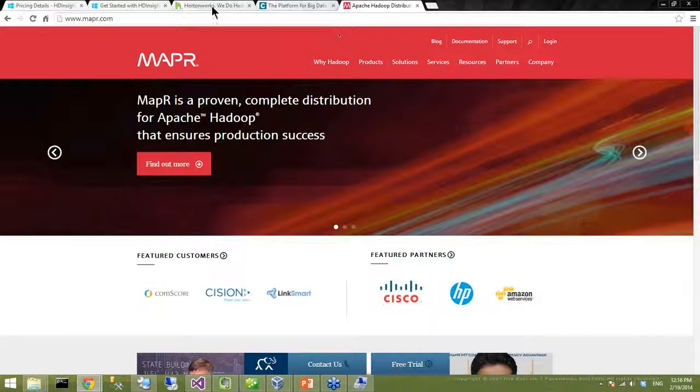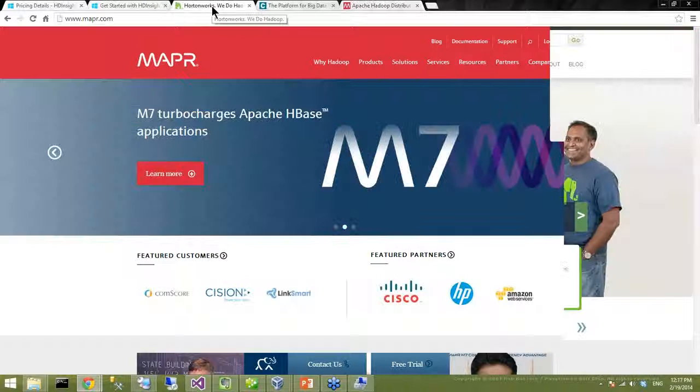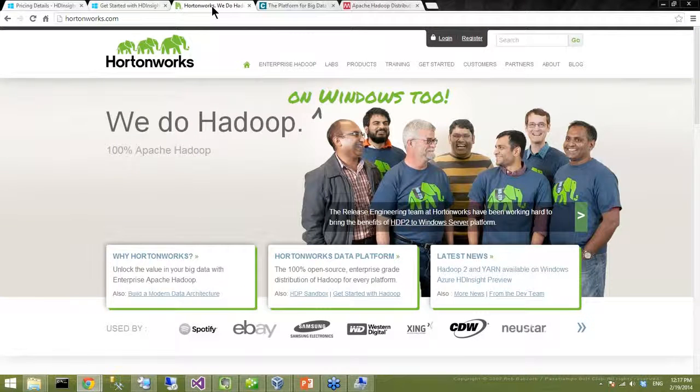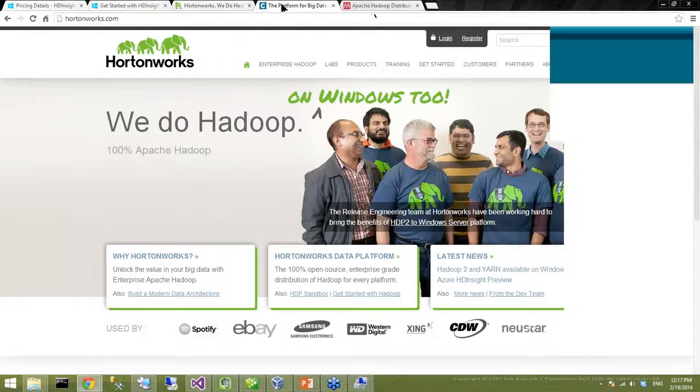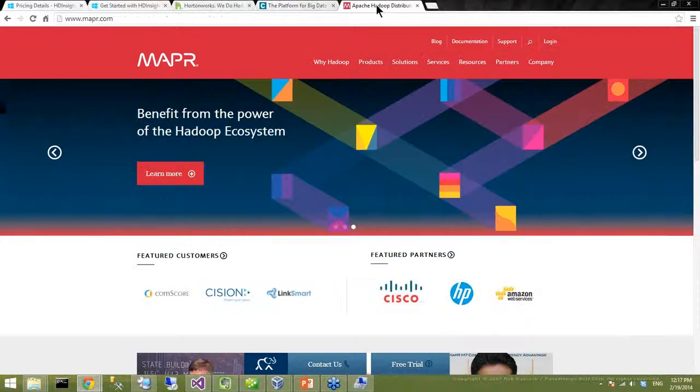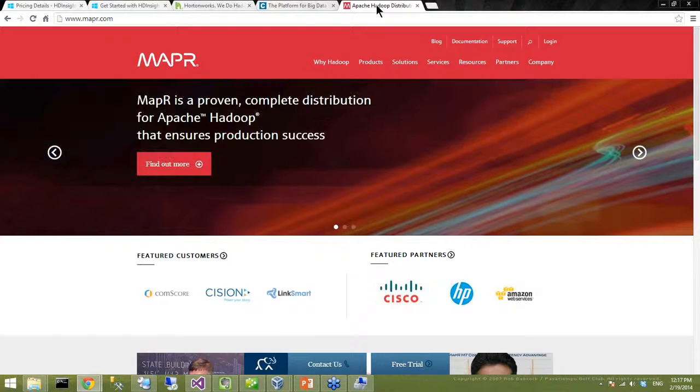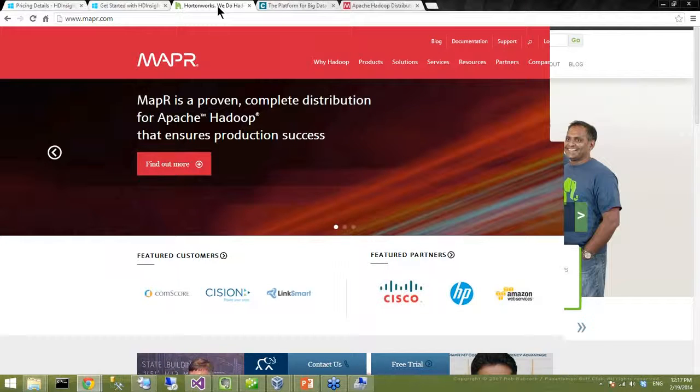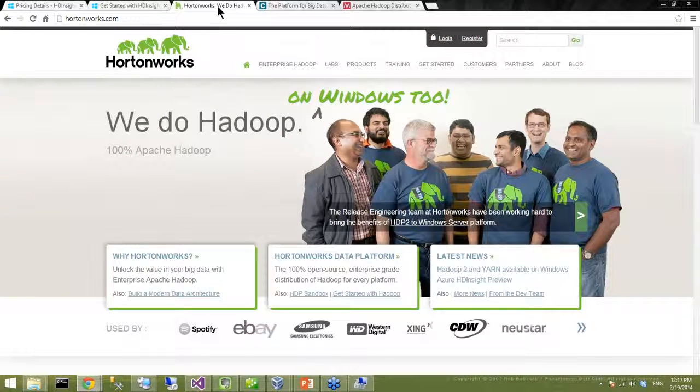Okay. So these are the three big guys, and most of the people who are using Hadoop are using one of these three distributions of Hadoop. Like Linux distros, right? Right. So HD Insight is actually Hortonworks.